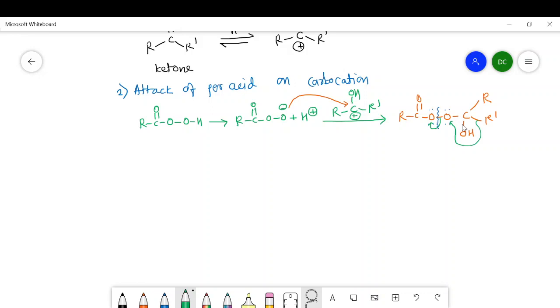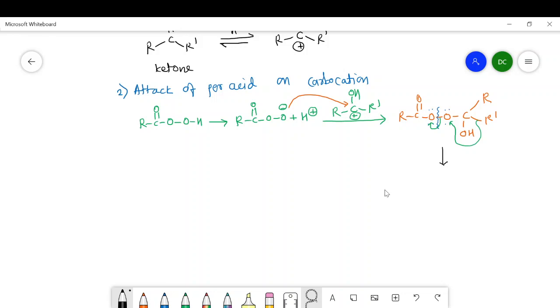In this way, there is a rearrangement of the alkyl group from the carbon to the oxygen, and this oxygen is electron deficient because the electrons from this bond are taken away by the other oxygen. So we get this type of structure,